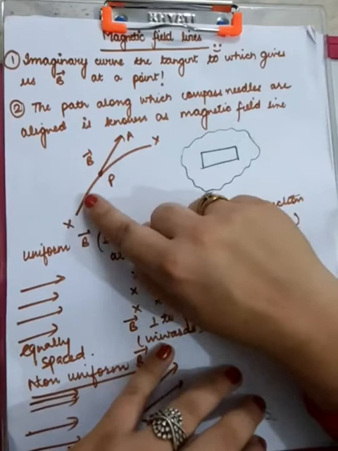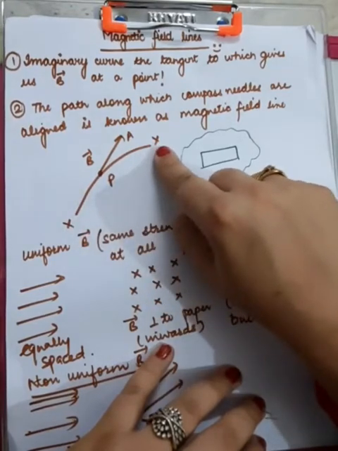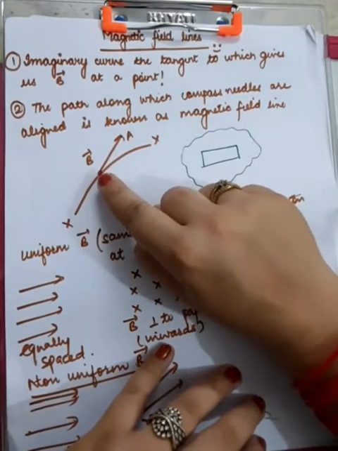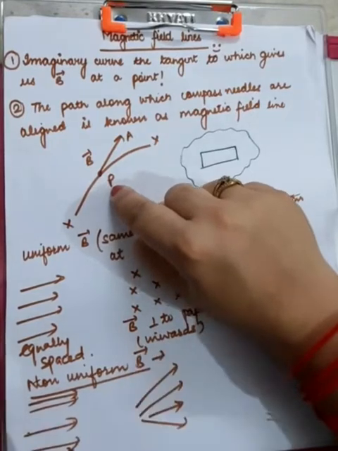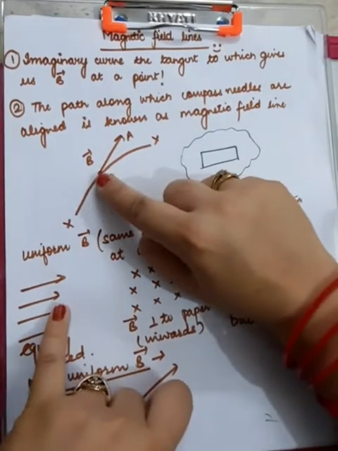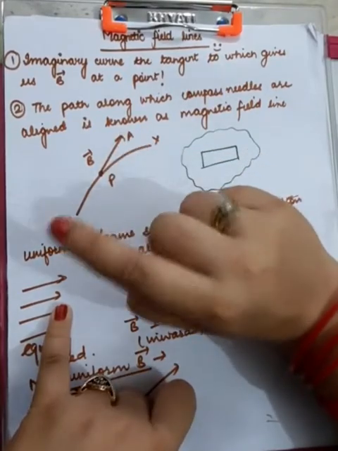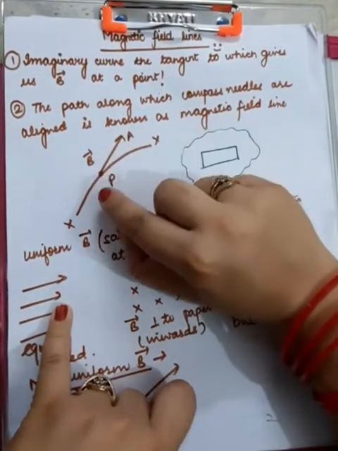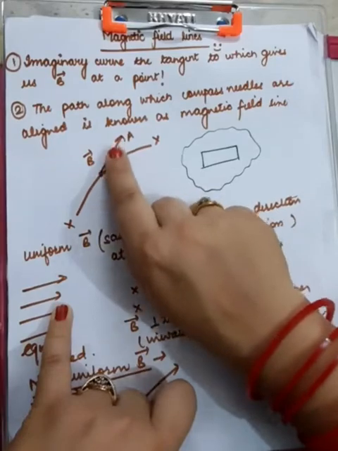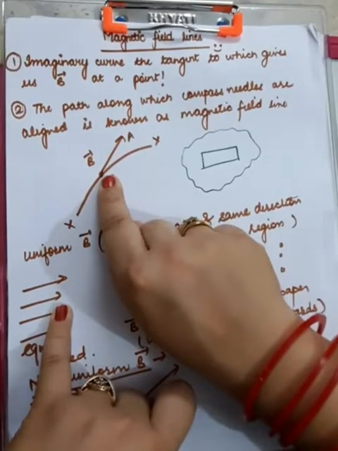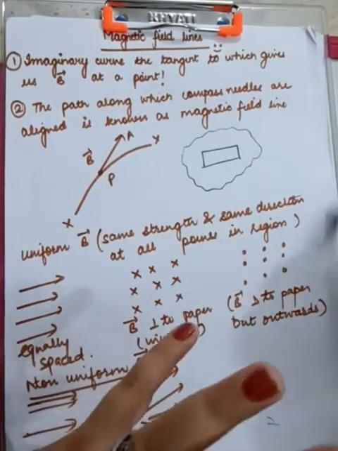Suppose this XY is a magnetic field line, and this is some point P, and a tangent is drawn to this point P. So this tangent is giving the direction of magnetic field at this point. And secondly,